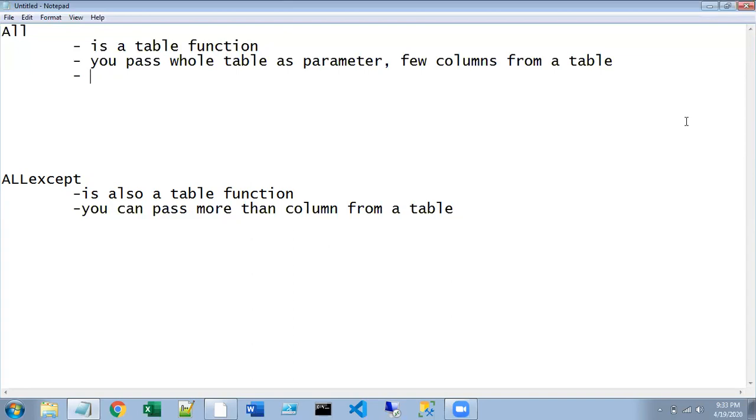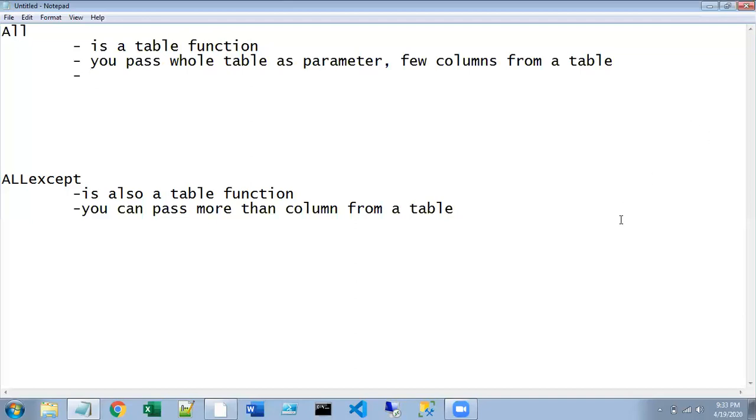The filters from the remaining columns of your table will be considered. The filters from the columns you mentioned will be ignored, and filters from the remaining columns will be considered.